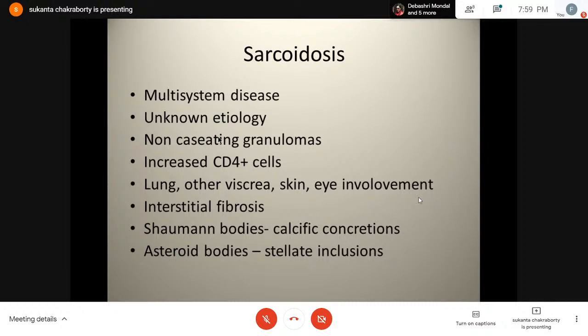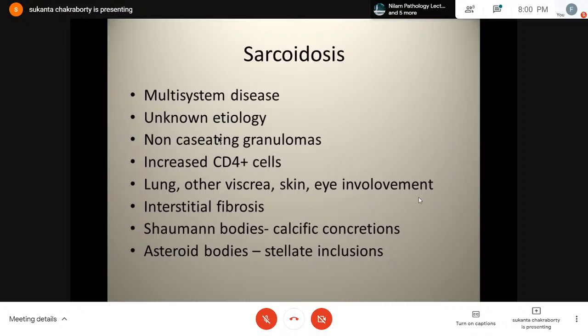As we all know, sarcoidosis is a multi-system disease. It is of unknown etiology, and characteristic of sarcoidosis are non-caseating granulomas, and there are increased CD4 plus cells. There is, of course, lung, other viscera, skin and eye involvement. Histologically, apart from non-caseating granulomas, another important feature of sarcoidosis is interstitial fibrosis, and there are Schaumann bodies